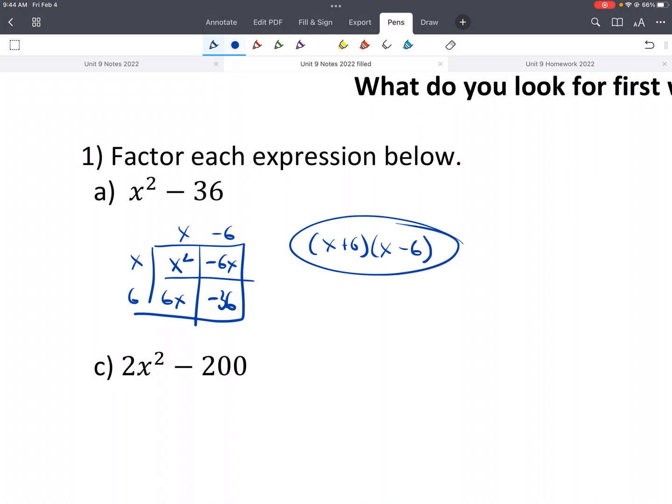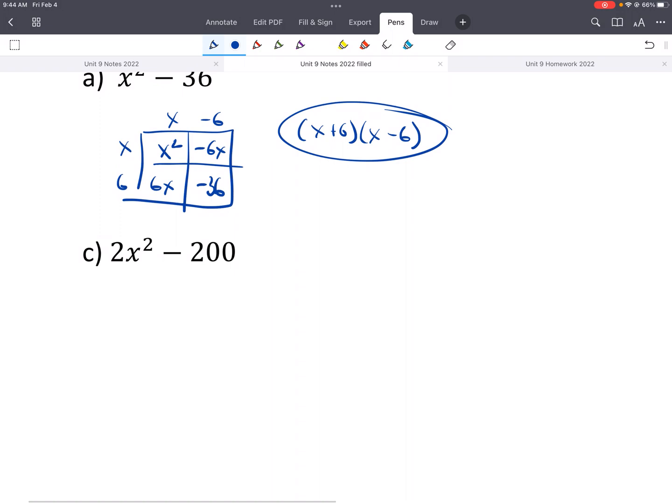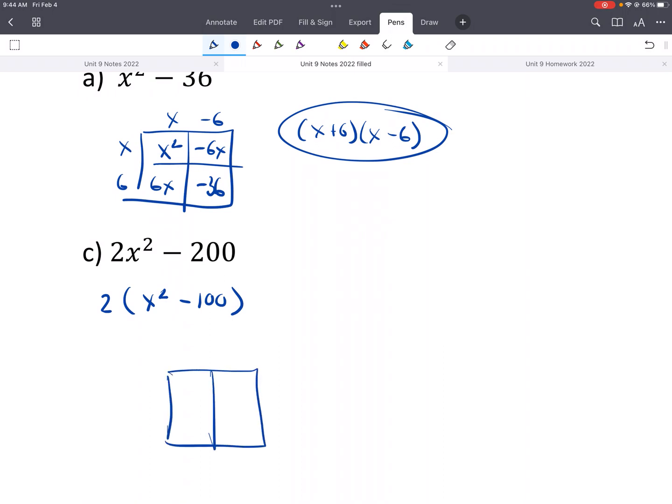Okay. But like C, there is a greatest common factor. If you don't take out the greatest common factor, then you're going to run into issues. So you'll take out that 2. And then we can do that box, okay? So x squared and 100, and then what does that need to be? Well, it'd have to be, again,